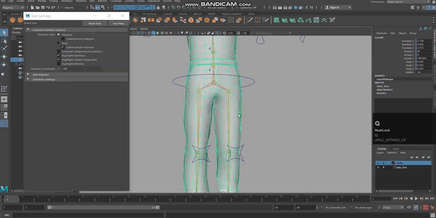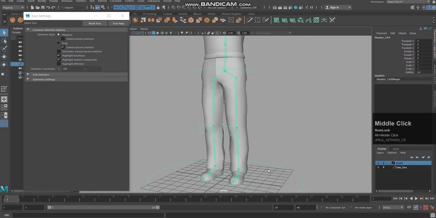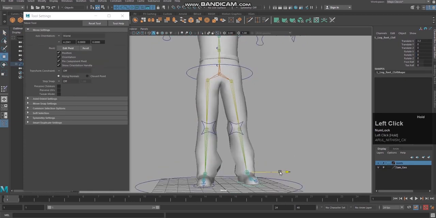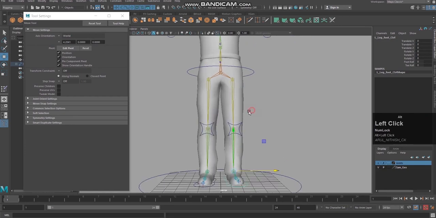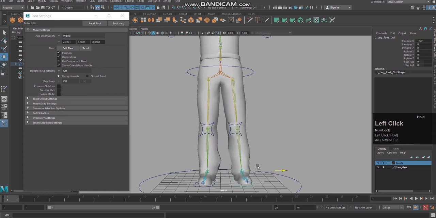Okay, now let us check. If I move this, see, previously we had an influence of this thigh bone here. Now after entirely making it 0 and giving the value freshly, you can see we painted this area carefully. So the influence is less.